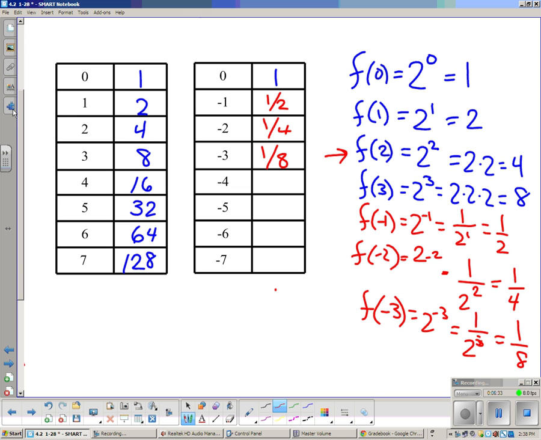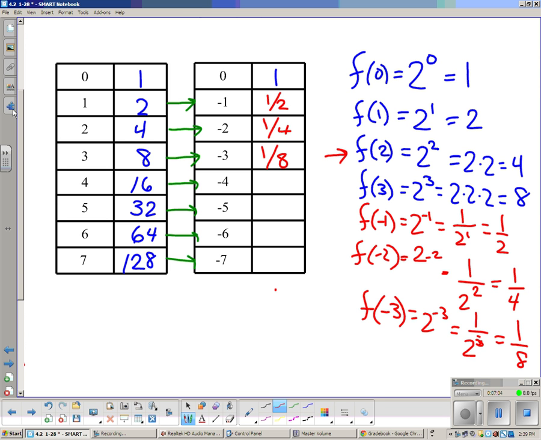Okay, so what you should start to notice is that we have a pattern going on here. When we look at positive 1 and negative 1 in this function, the values were 2 and 1/2, 1/2 being the reciprocal of 2 and vice versa. The same thing happened with 2 and negative 2. We have reciprocals. 3 and negative 3, we have reciprocals. So it makes sense that the same should apply for the rest of the values, which means that when we